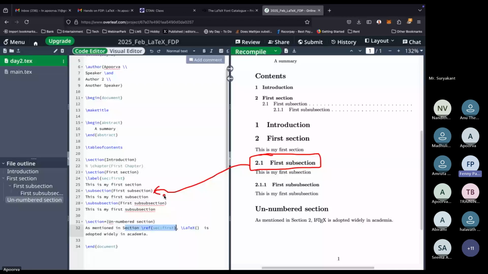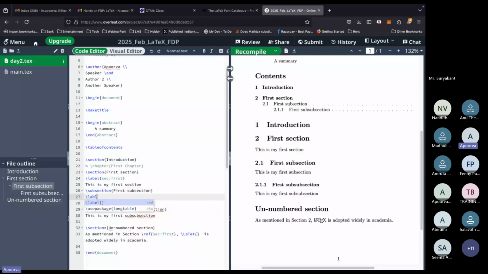We need to make a label command in the subsection. So the first thing is we need to add a label so we can make a reference to this subsection. Always follow this nomenclature: start with the entity type. What is this? Subsection, colon. We can say first again because it won't clash, because this label is sec:first and this is subsec:first. All right, now that I have the label,